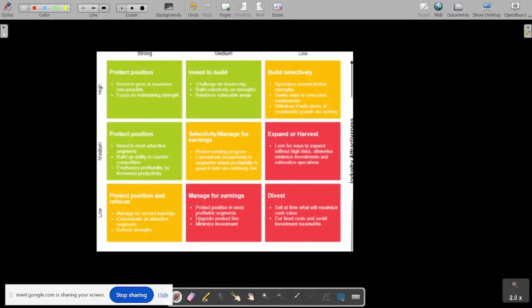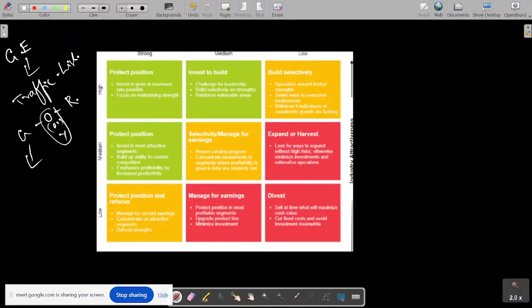So this is what you call the GE matrix. Another word for this is traffic light matrix. Why do you call this a traffic light matrix? Because you get a green light, orange or yellow light, and the other one is a red light. You check where you fall in this nine-cell grid. If you fall in green, then you are very active in your business. It is your core strength. You can go for developing, or you can go for expansion of your business. If it is orange or yellow, please take care. If it is red, it means flop. It's better you come out of the business.